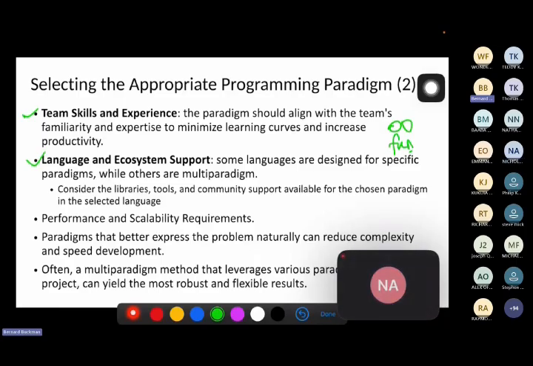So for example, if you choose Java, it can only do object-oriented, okay? Because you chose Java, you are forced to use object-oriented when you are designing your application. Maybe you want to choose Microsoft SQL, okay? And because you are using Microsoft SQL and it's SQL, you are forced to use declarative programming,